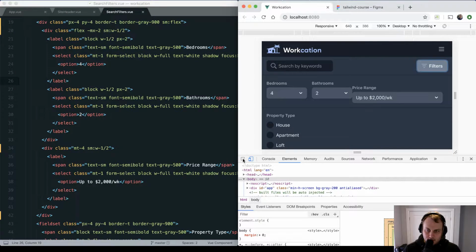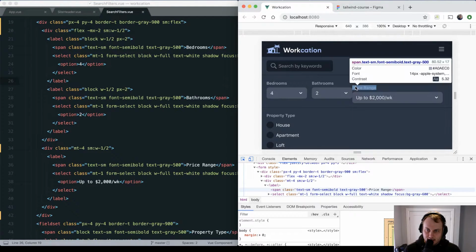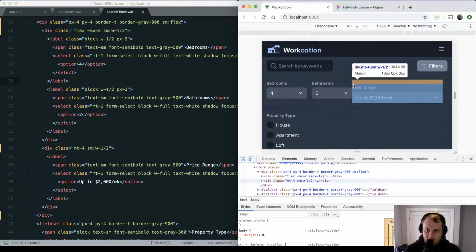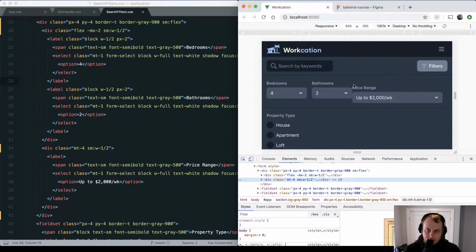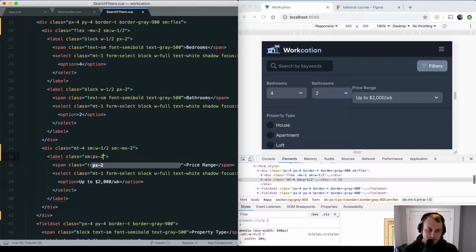All right, so let's get this side by side in the right spot. I think what we're going to want to do here is make this act as a row, like we did here where we have the negative MX2 thing. We could do this just at this size, although I don't think it's going to affect anything. And then we could say SM PX2 here. And this should get us